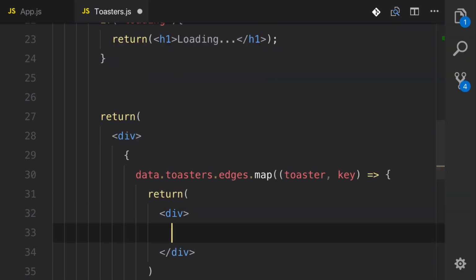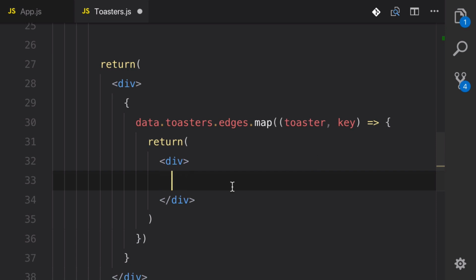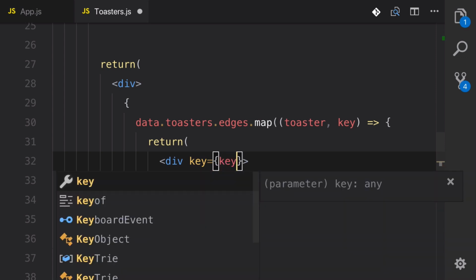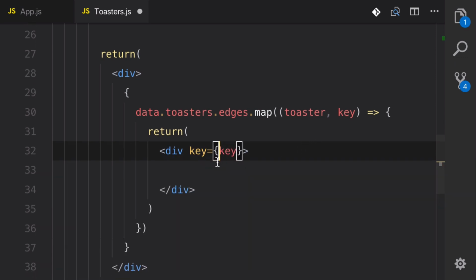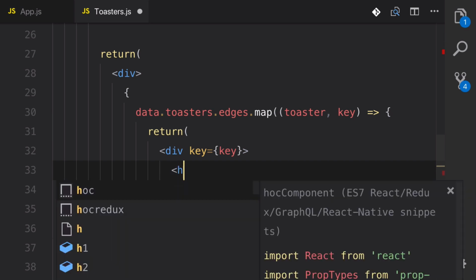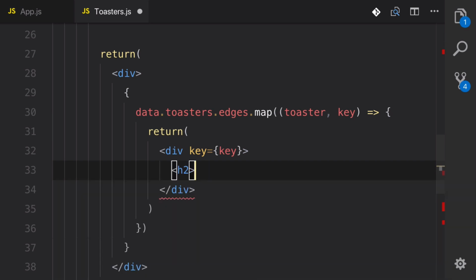And this is where we're going to actually output the data of our toaster. Since we're inside of a map, we need to give it a unique key. So let's just take the key that is coming from the map. And then we'll take an H2 or something like that, and we can use some curly brackets and output